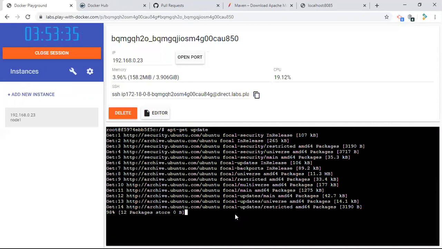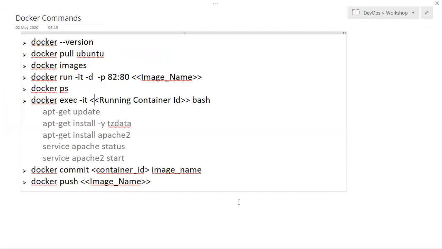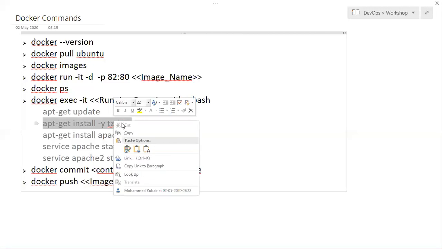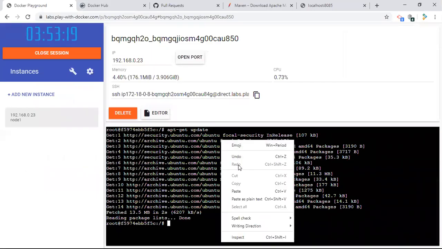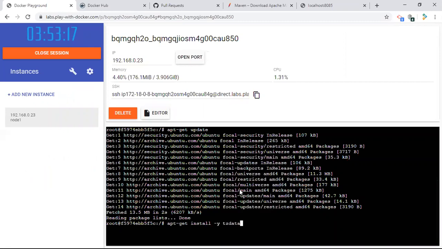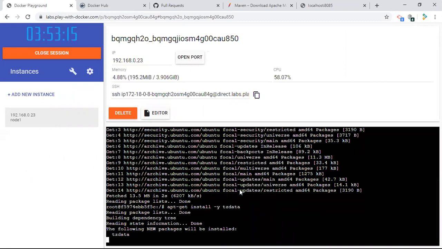Now I'm going to run apt install tzdata, so that when you install Tomcat, it won't ask the time zone related questions. So I'm going to install the time zone data.